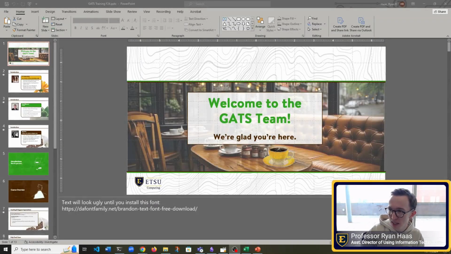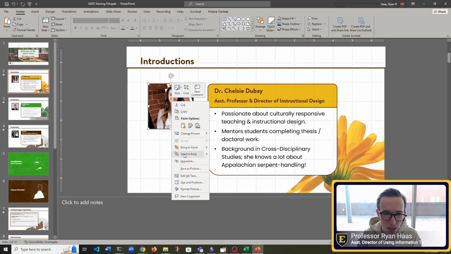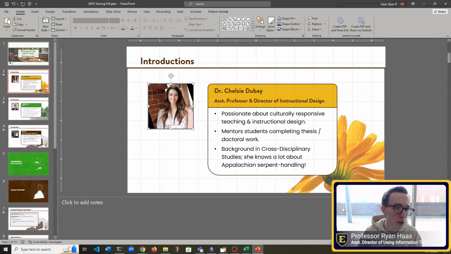Lastly, I want to talk accessibility and some of the advanced features in PowerPoint. So I've shown you that if we right-click an image, we can choose Edit Alt Text, and we can add our alt text on these images. And so part of accessibility is we need to have alternative text descriptions for all the images that we include.